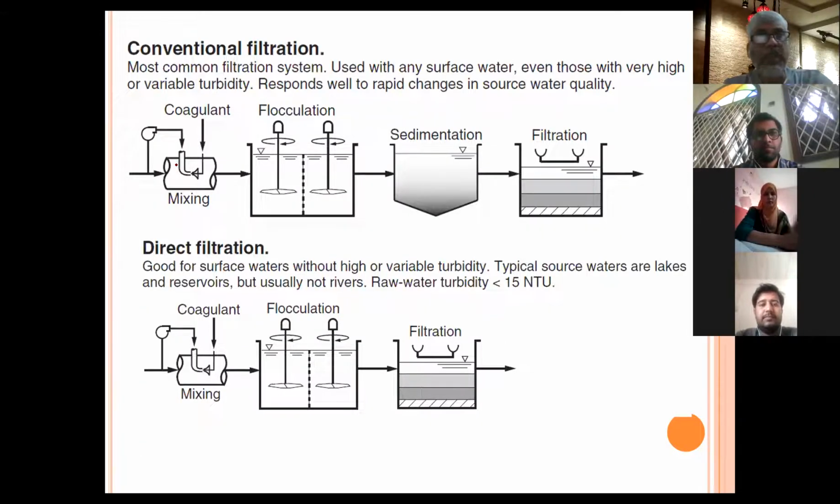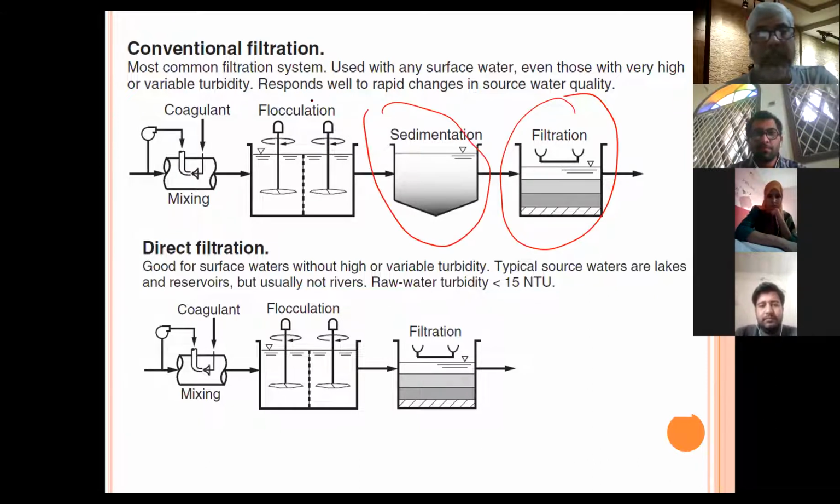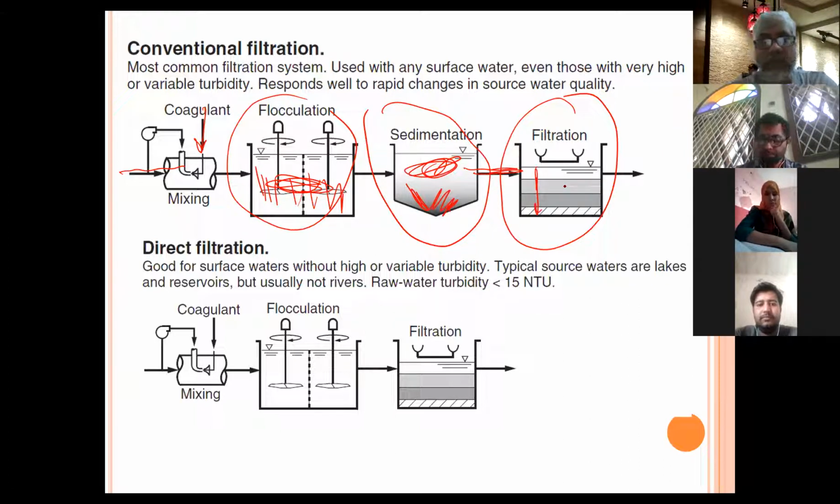We also discussed different configurations of filtration. Conventionally, we use filtration after coagulation, flocculation and sedimentation. So the first step is coagulation. We add chemicals and we let particles settle down or make a big floc, and then let them settle down here. And then whatever remains, the particles are filtered out. So this is the conventional